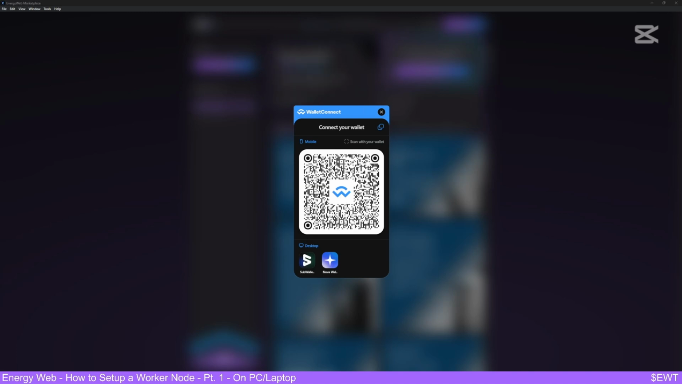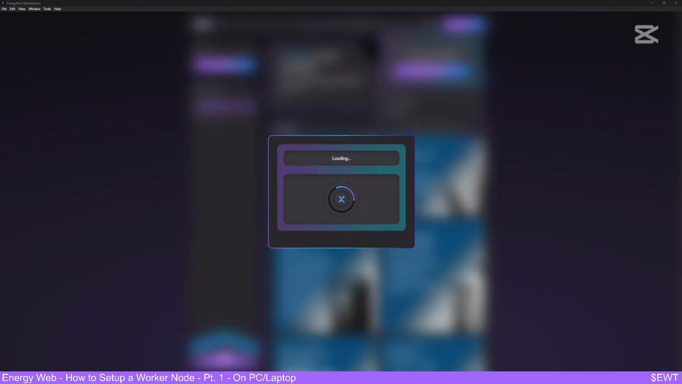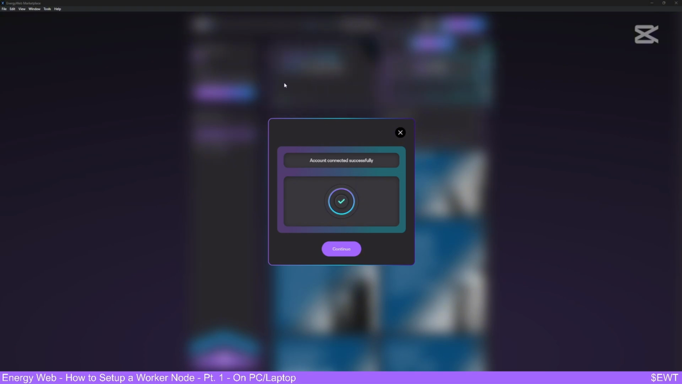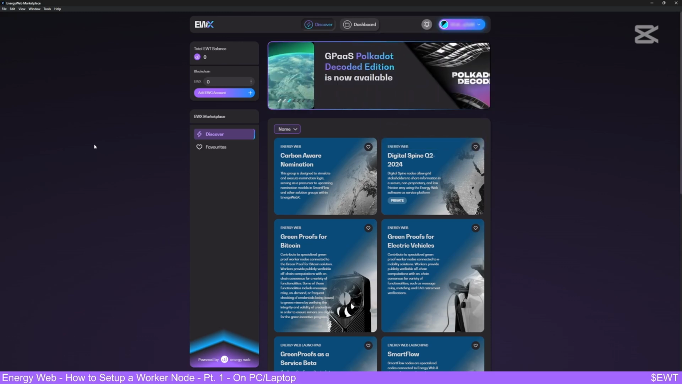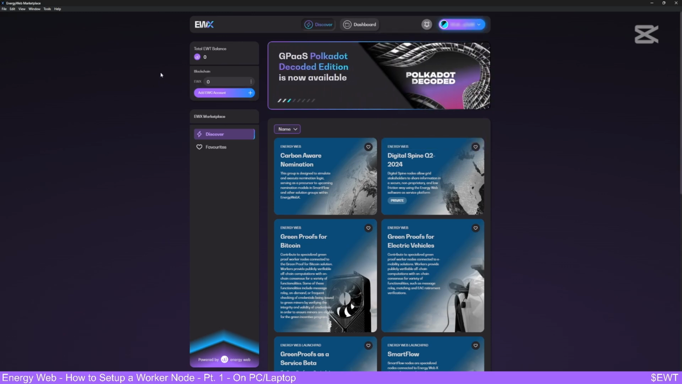Once you've scanned the QR code, you will have a choice on your phone, at least for me, or your web app browser that you're using to connect, of which wallet you want to connect. Once you do that, you approve that on the app, and voila, it automatically connects successfully. Brilliant. Here you can see I have 0 EWT,